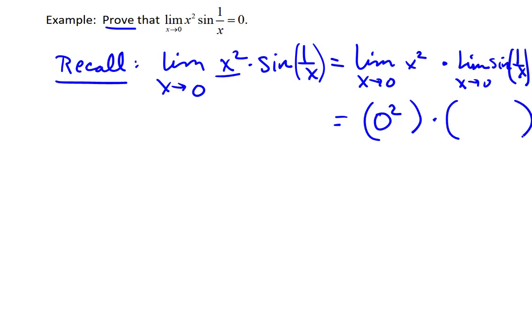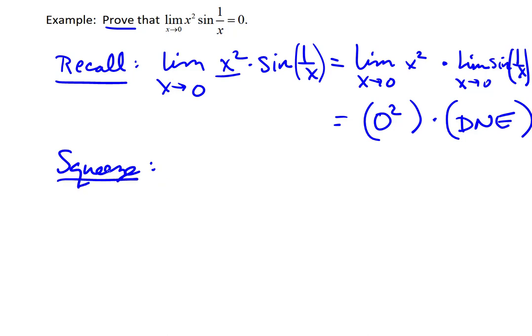We now are trying to take the limit as x approaches 0 of the sine of 1 over x. But if I tried to plug 0 in for x here, first of all, 1 over 0 doesn't even exist. And notice this is not like x is approaching 0 from one side, it's just approaching 0. If you take a look at the graph of 1 over x, the limit does not exist there. So we would have to say does not exist. The problem is 0 times does not exist doesn't give us a very clear result. So here's how we can use the squeeze theorem